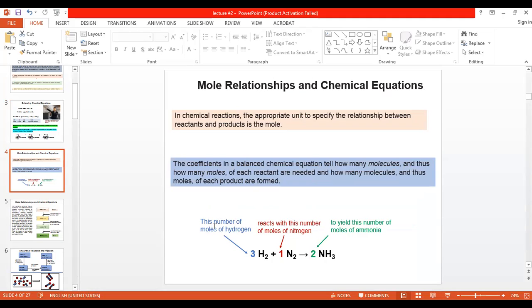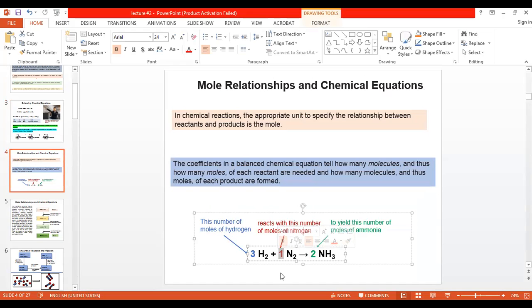You can see the number of moles of hydrogen. This is 3 moles of hydrogen, 1 mole of nitrogen. We don't write 1, but we think that this is 1, and then we get 2 moles of ammonia. So all these coefficients are considered as moles. And for example, overall here we have 6 atoms of